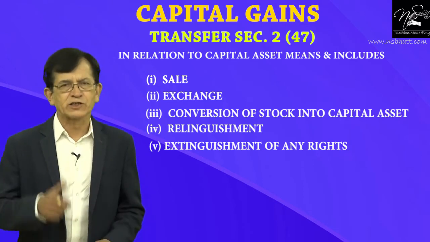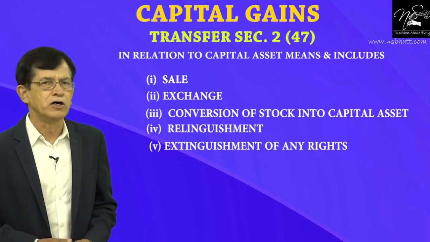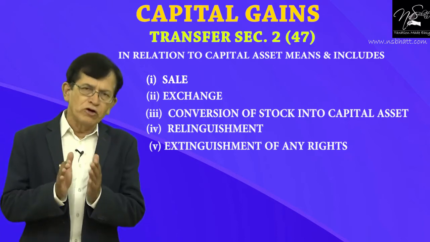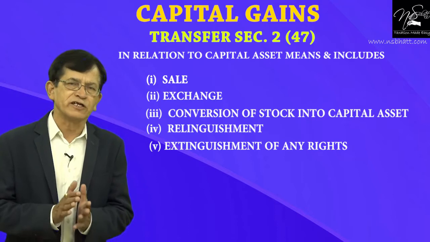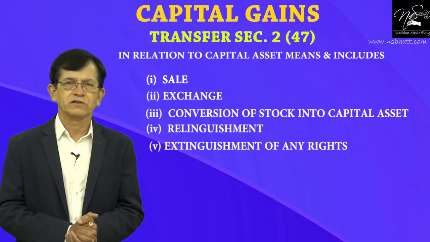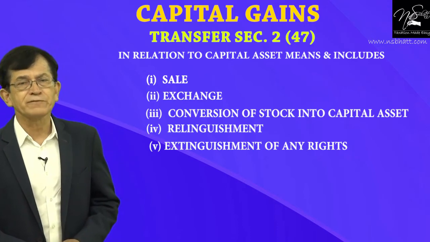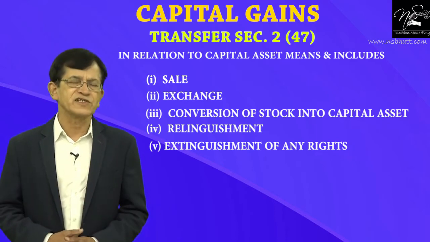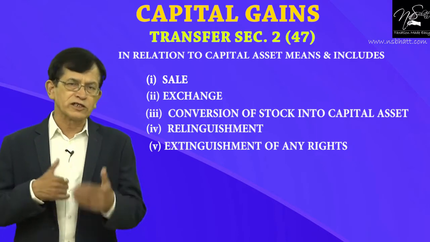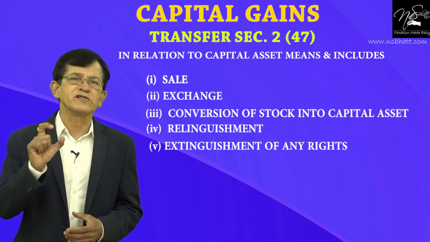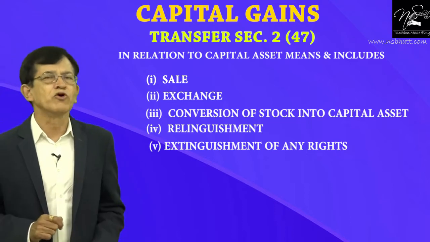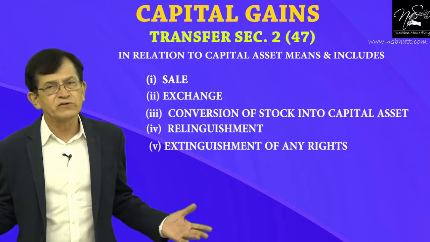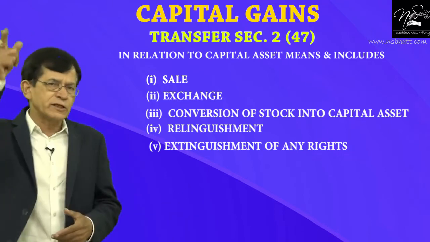Another landmark case is attached to this, though it has been overruled, but fit to remember, was the case of Vania Silk Mills, where the book value of the factory shed, which was completely destroyed in the fire, was too less. And there was a fire insurance policy. They got compensation from the company. The claim was received, but it was on a replacement basis. So there was a big difference between the amount received from the insurance company versus the book value, and the department issued a notice that this was nothing but capital gains. The assessee refused to accept that. The case once again went right up to the Supreme Court,